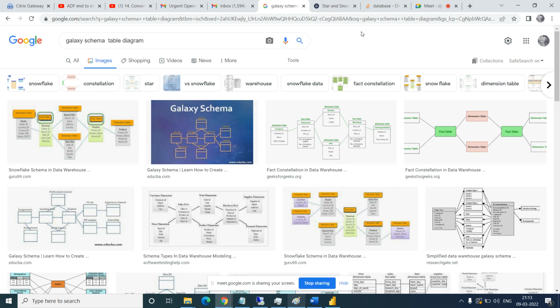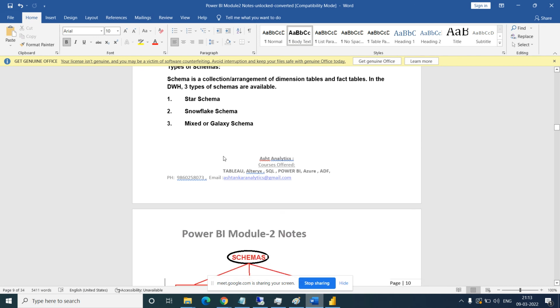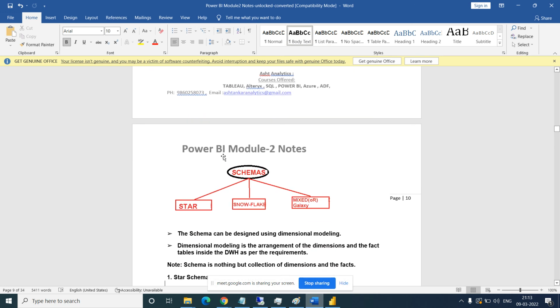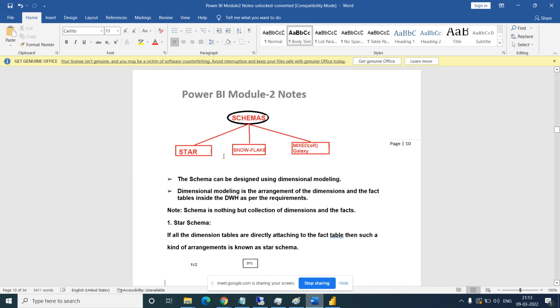Okay, just remember these are the points. That is the only theory point. They don't ask you all these things. So there are three schemas: star schema, snowflake schema, and galaxy schema.